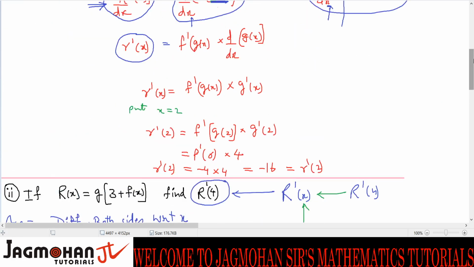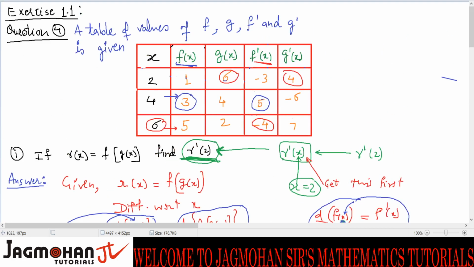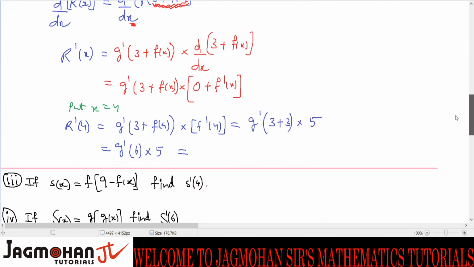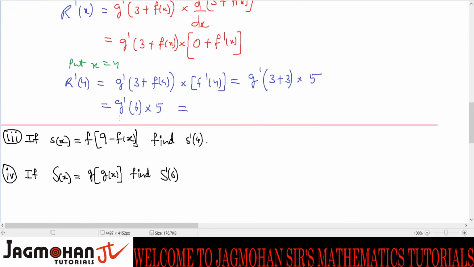G dash 6 is here, it is 7. G dash 6 under the column g dash x, and in front of the number x equal to 6, it is 7. I substitute 7 here, so I get 7 multiplied to 5, that is 35. This completes